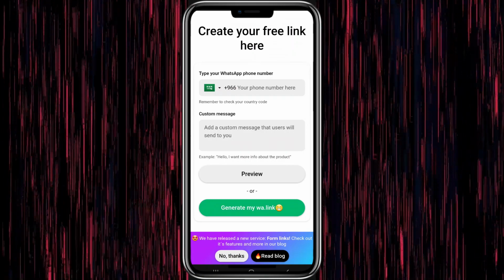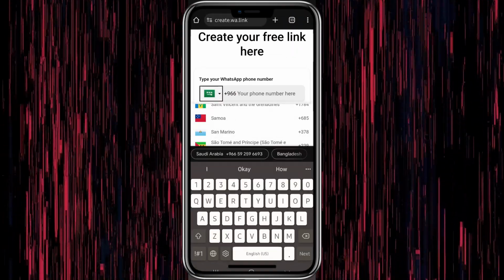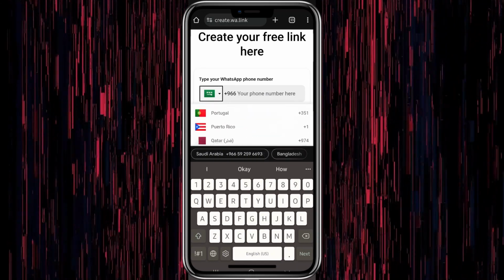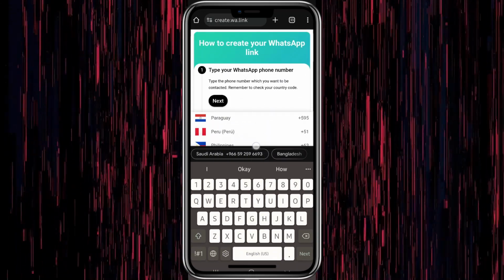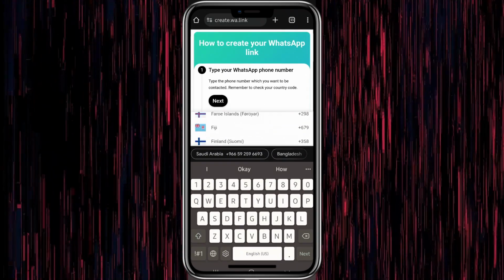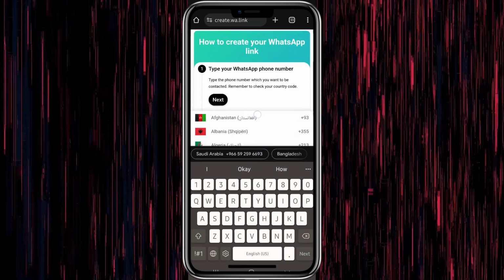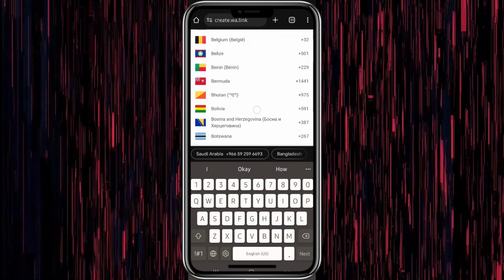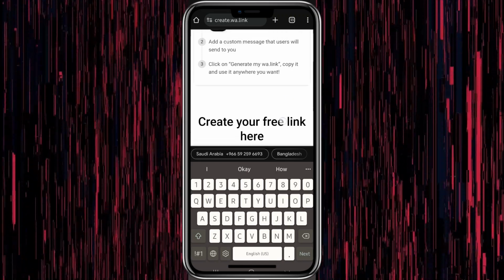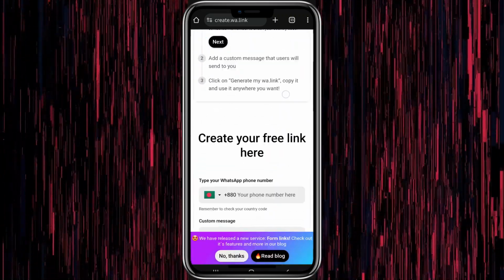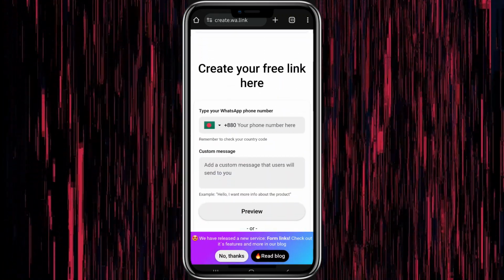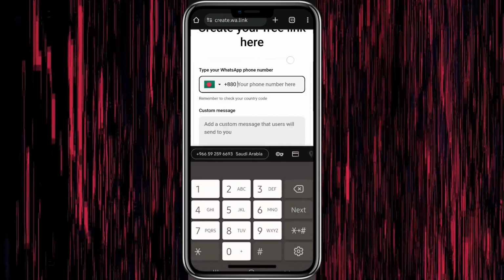Okay, after clicking on this, you have to put your country code like that. You have to select your country. So I'm living in Bangladesh, that's why I'm searching Bangladesh. You have to search yours to find your WhatsApp link. Okay, like this. So after searching the country code, you have to put your phone number of your WhatsApp phone